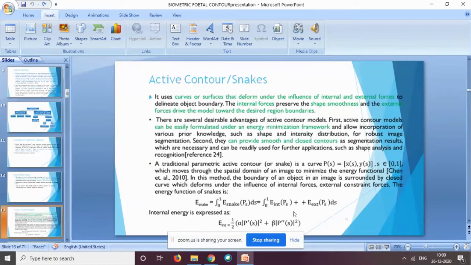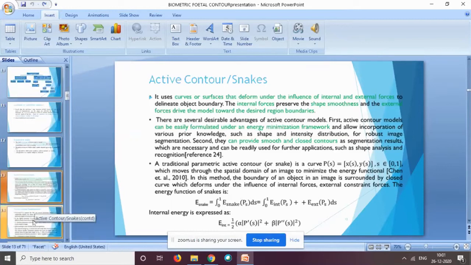What is this E internal? E internal indicates the internal energy of the curve, and the external energy is indicated by E ext. In the internal energy, we are taking the first derivative of the curve, where P dash of s indicates the first derivative and P double dash of s indicates the second derivative. From that, we calculate the internal energy.